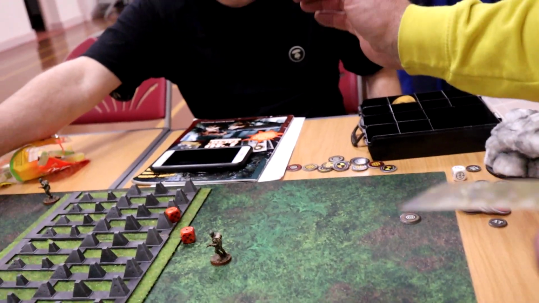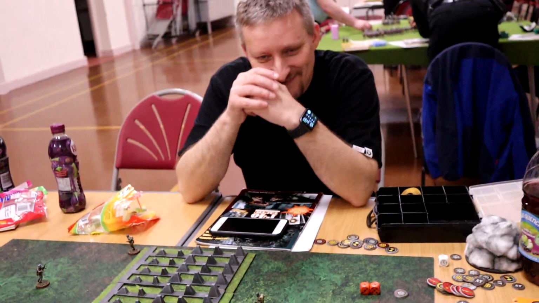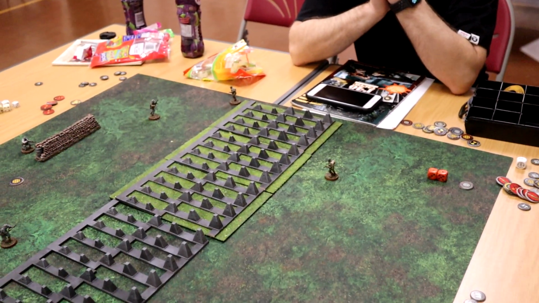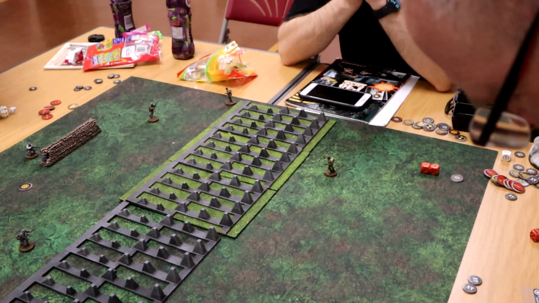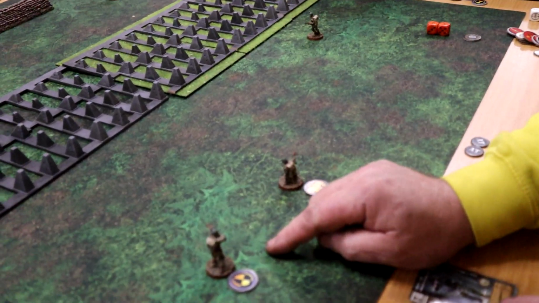Starts on 4 in the open. Snake eyes. Oh! It's like someone's taken all of the dice luck out of the table this evening. There we go. Interesting that. I think that should be his out of ammo. Yeah. So, for this one then, it's...